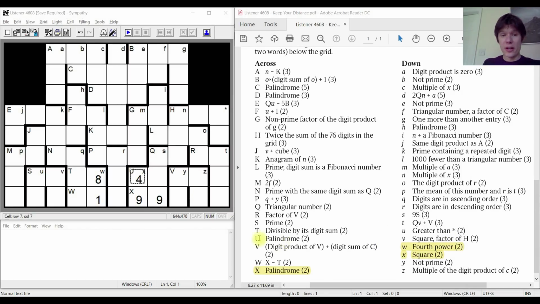Now, we can also see that capital U across is a palindrome as well. And because the first digit of that is a 4, so must the second digit be. So capital U across is 44, and we can tick off that clue. And now, looking at little s down, we know that two of those digits are 4 and 9. It's something 4, 9. But the clue for little s down is 9 times big S, which is a 2-digit